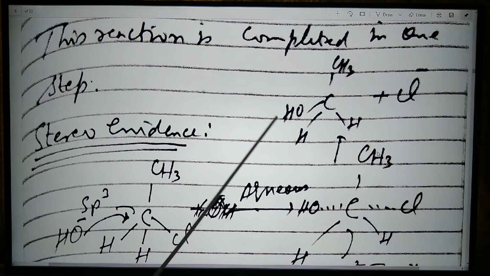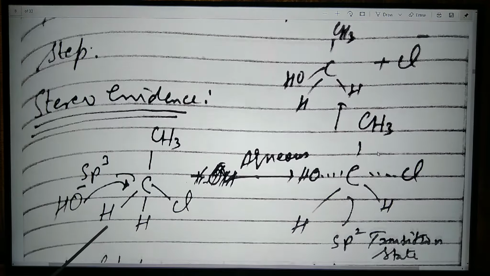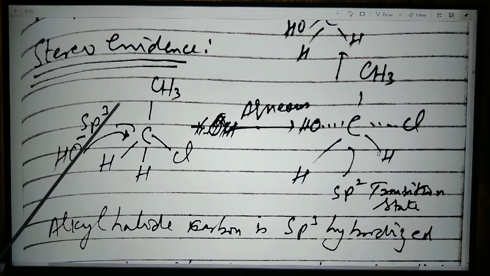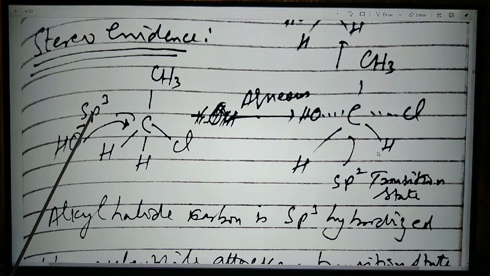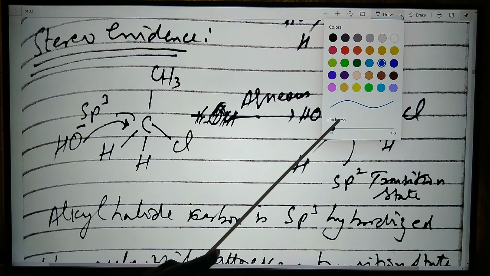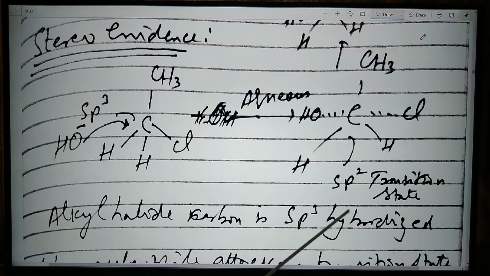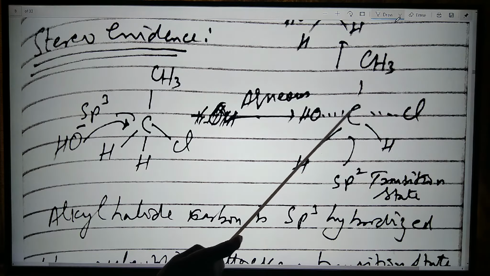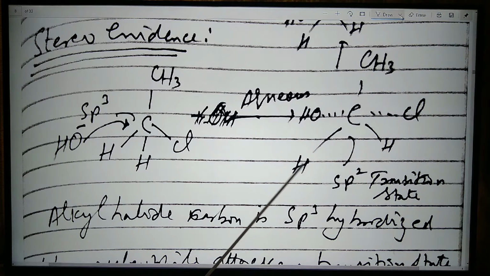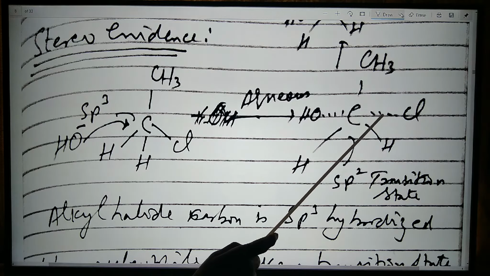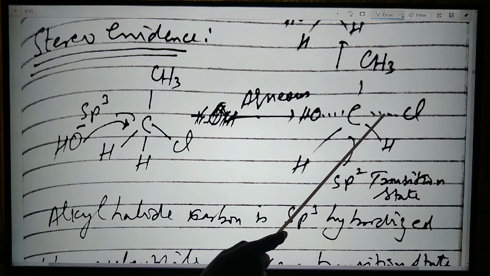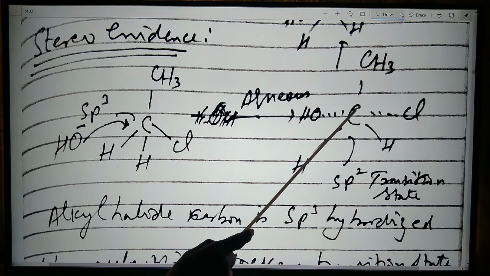In this case, you can see the CH3, Cl, H and H. Again, you can see that it is a tetrahedral shape. The hybridization is sp3. This is tetrahedral, the angle is 109.5. So this OH will attack from the back side. So in this case, we can represent it by this OH, C, CH3, Cl, H, and this is the H. So this is the dotted line. This is also the dotted line. So the hybridization becomes sp2.